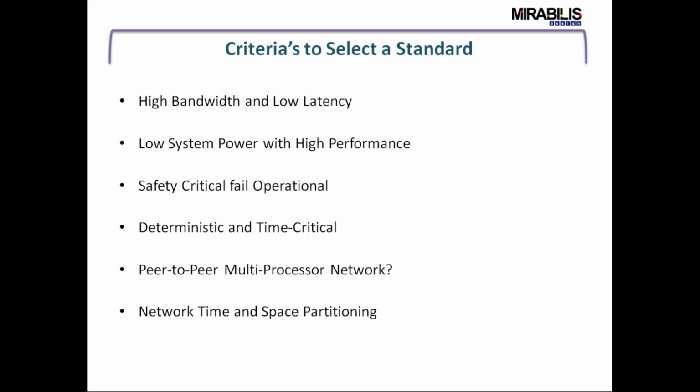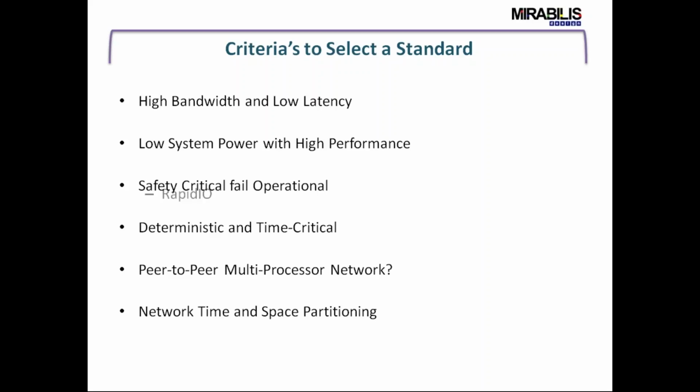And also if the system is a kind of peer-to-peer multi-processor network that you would be interested in exploring or developing. It could be the kind of network time and space partitioning requirements that you might be having. If you look at these questions, or at this list of items as a kind of criteria to select a standard, this actually tells us in a first shot by looking at the specification of